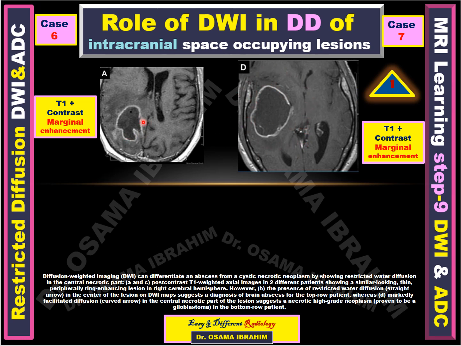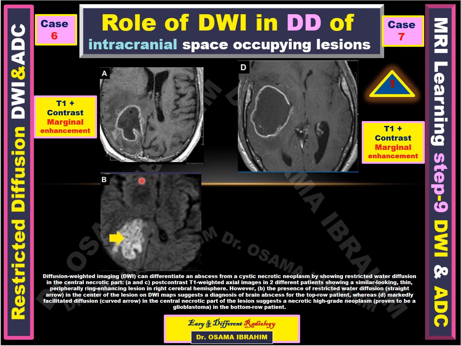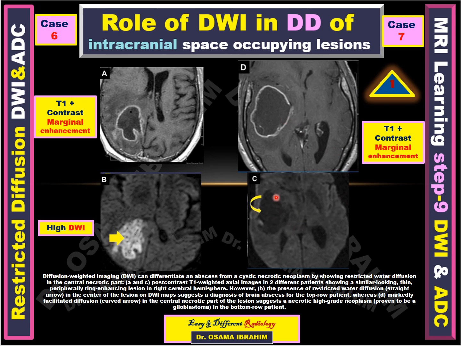Actually, until now, these are two different patients. One of them is an abscess, and the other one is glioblastoma multiforme. We cannot differentiate the lesions from each other in this post-contrast MRI sequence. However, diffusion weighted image can help us in the differentiation. As we see here, the diffusion weighted image for this patient shows high signal in diffusion, representing restricted diffusion. However, in the other patient, there is no restricted diffusion of the lesion, and now we can easily diagnose the abscess